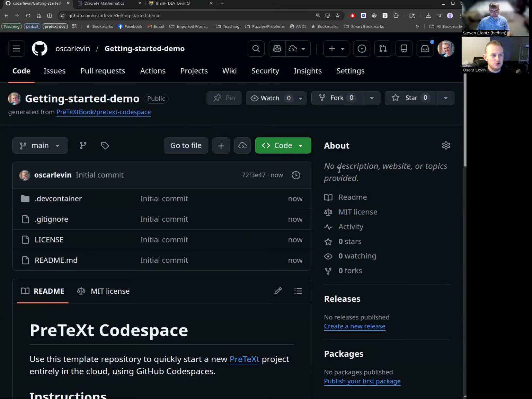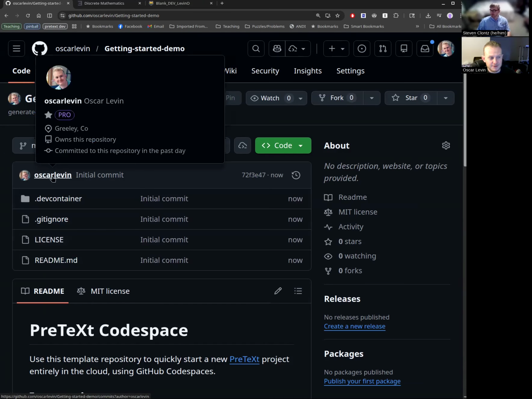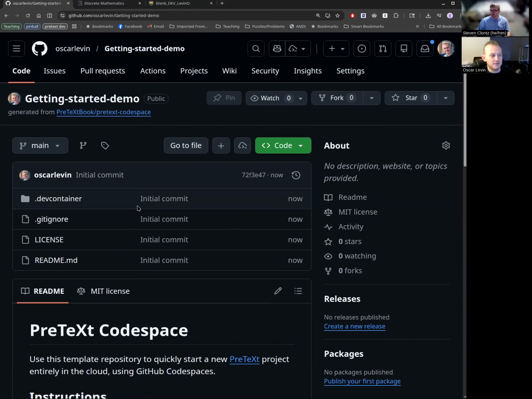When you have this, you should have a page that has the title you just gave that new repository. And it might say something like generated from pretextbook slash pretext codespace right there, because you used that template to create this. There won't be very much here. Obviously, the difference is you will not have Oscar Levin there. You'll have your GitHub username there. Once you are on this page, on your version of the PreTeXt Codespace page that you created, your own repository,